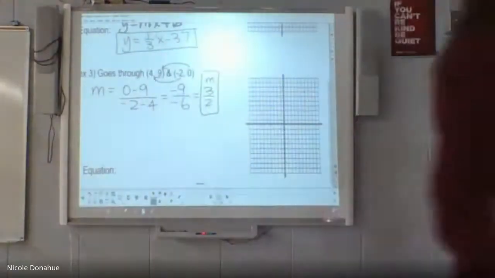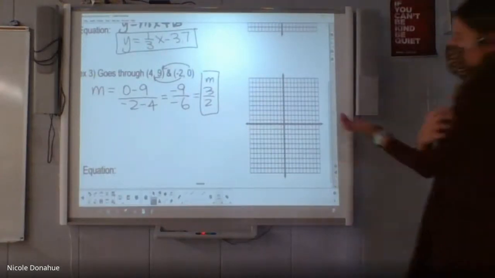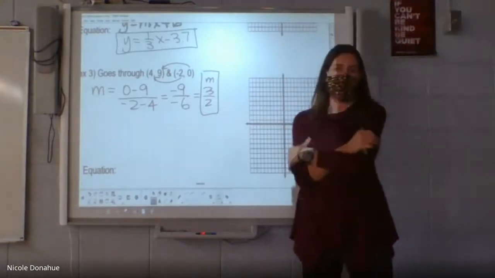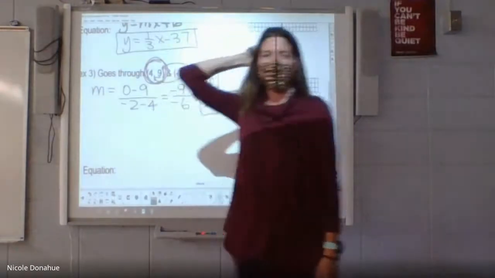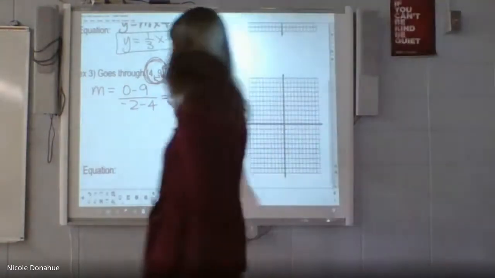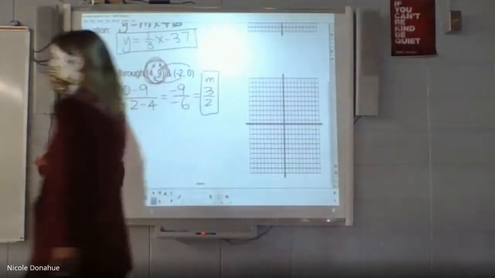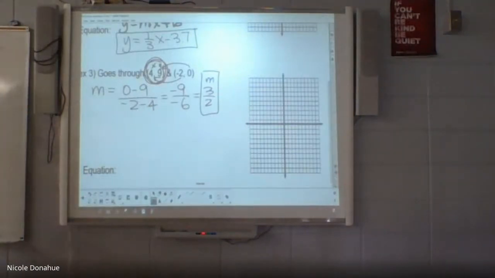Yeah, Peyton. Use the formula. Yeah, now use the one we just did. So which point do you guys prefer? (4, 9) or (-2, 0)? It doesn't matter. (4, 9). I like (4, 9) as well. I like to avoid negatives. Positive person. Stick with the positives. So (4, 9), that's my x and y. And our slope, I'm going to end up tripping myself here, our slope is 3 over 2.